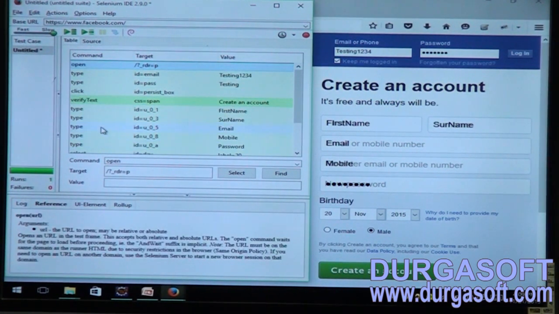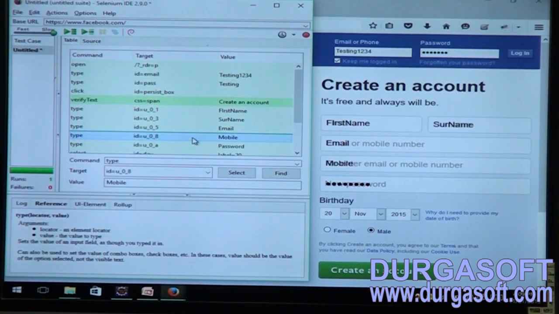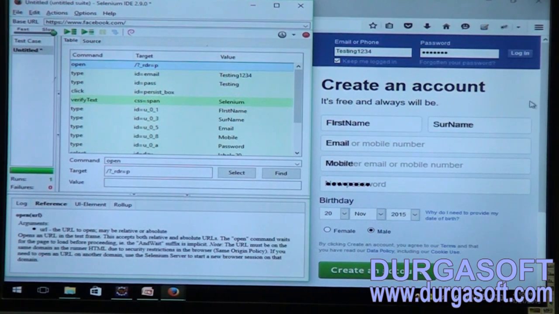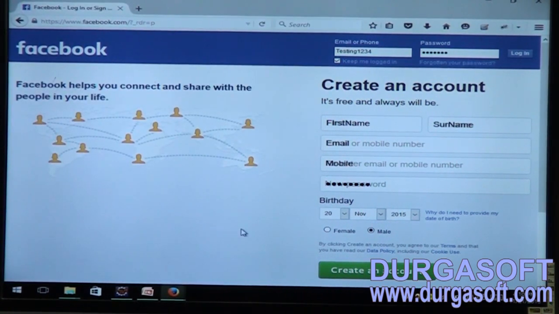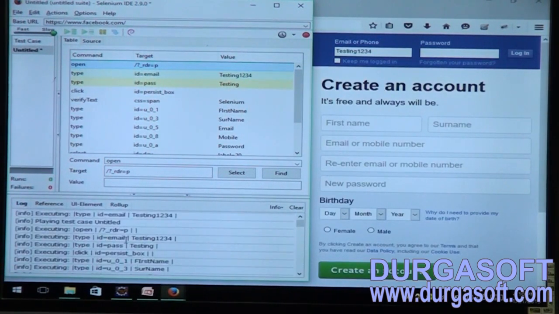Now if you see, when we are working with validations, the background color of all the validation commands will be a darker green. Why? Because that line says that we have used a validation there. Let us say in my Facebook application I can find create an account. Now I am going to change the text. I will type Selenium in this value. Now let me run it, team. What is it going to say? Do we have Selenium text in this facebook.com application, team? Obviously not, right? Now let us see how we are going to work with it. I'm going to run it. Let's see what happens.